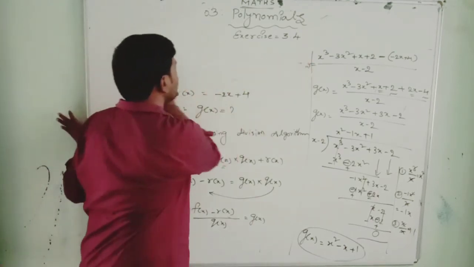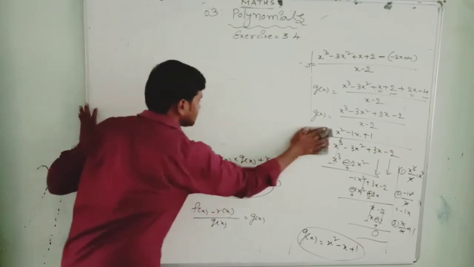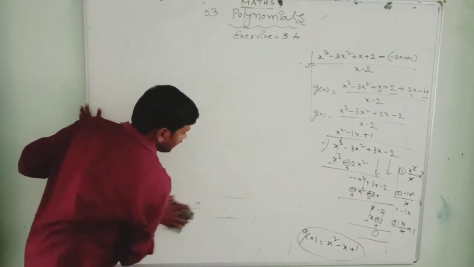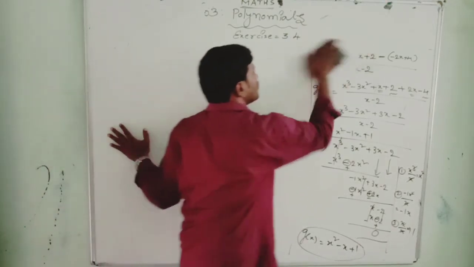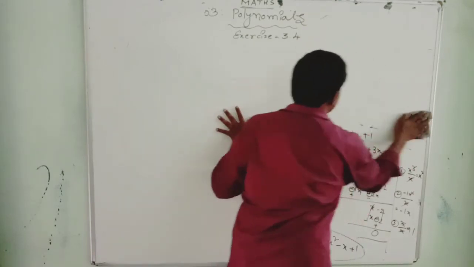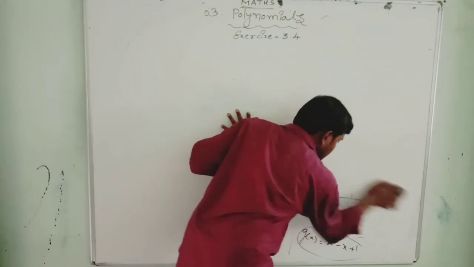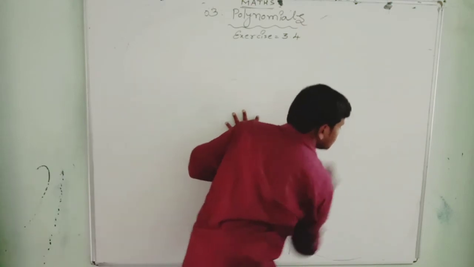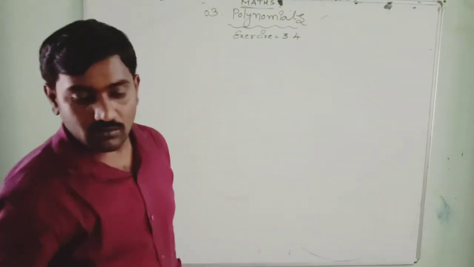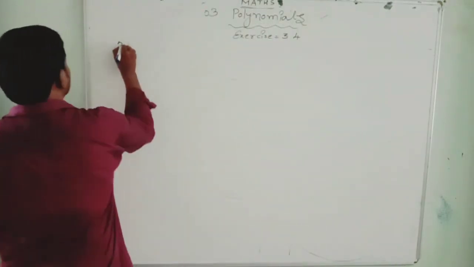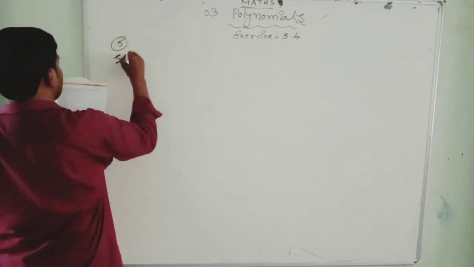Then we go for the last problem of this exercise, and of this chapter also. With this our chapter is completed. You should be perfect in 9th class divisions, then you can go for all the division problems. The third problem and fourth problem you practice once and twice. Those are important problems. And the fifth problem, solution.